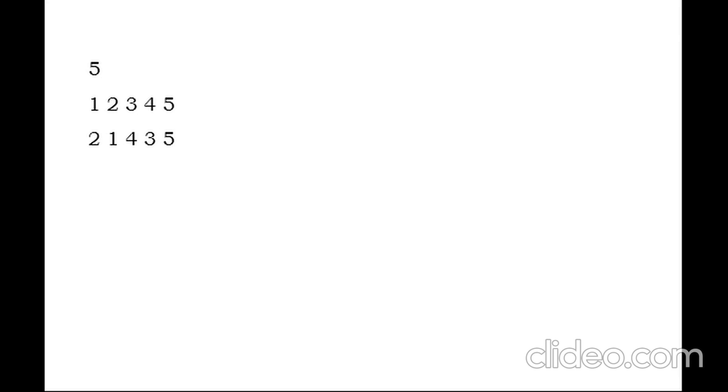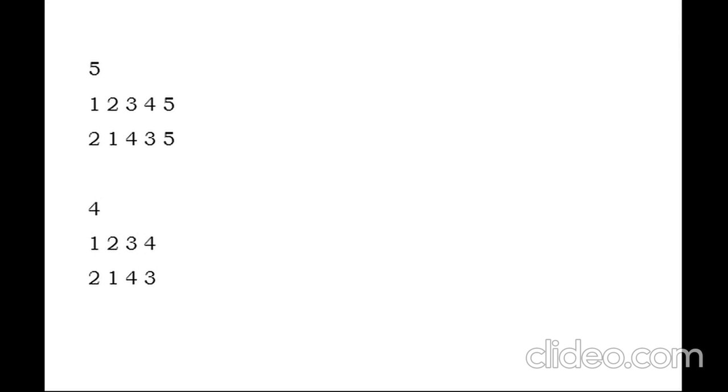Now if the input size is 4 and the array elements are 1, 2, 3 and 4, then the wave-like array will be 2, 1, 4 and 3. I hope you have got a small idea about what the wave array is.